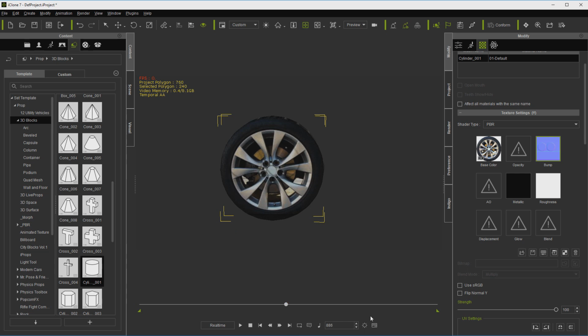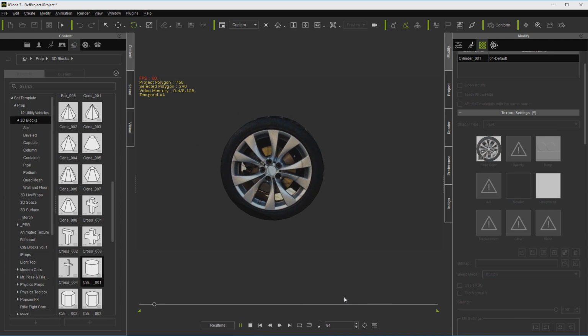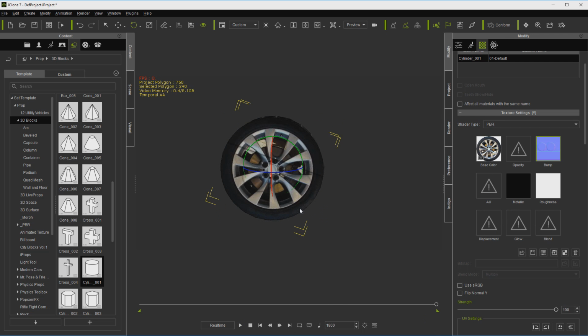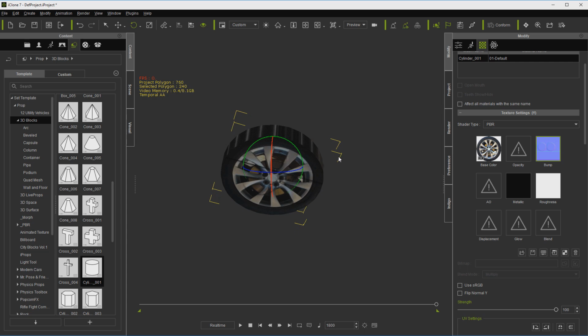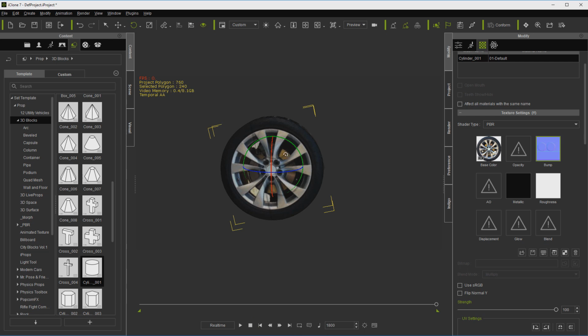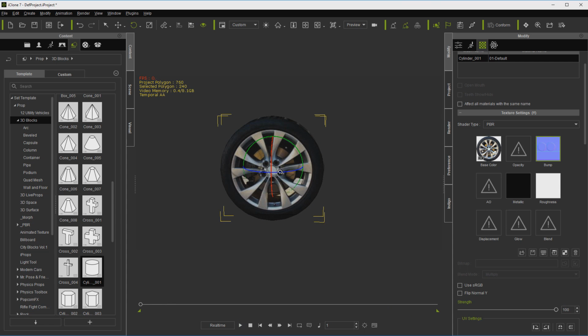And iClone has made it real simple. All I did was move to the end of the timeline, and then I just moved it. And you get a rotation that doesn't go back on you like in previous versions of iClone. It just keeps going. To do that, of course, I just went to the very last frame and spun it. Of course, it helps to do it on the right axis. And that's basically how you do that.